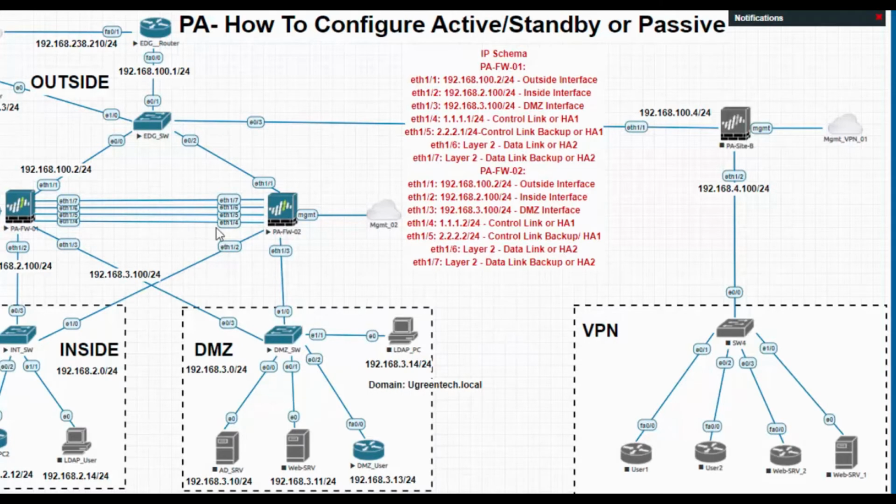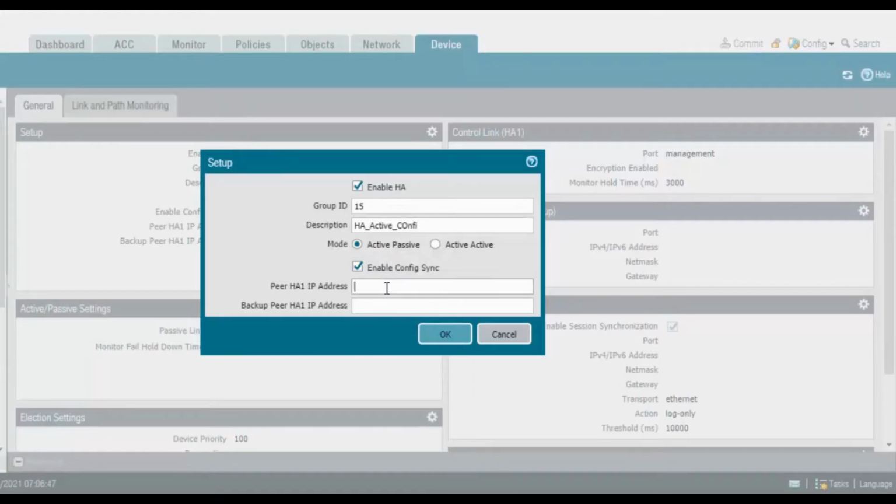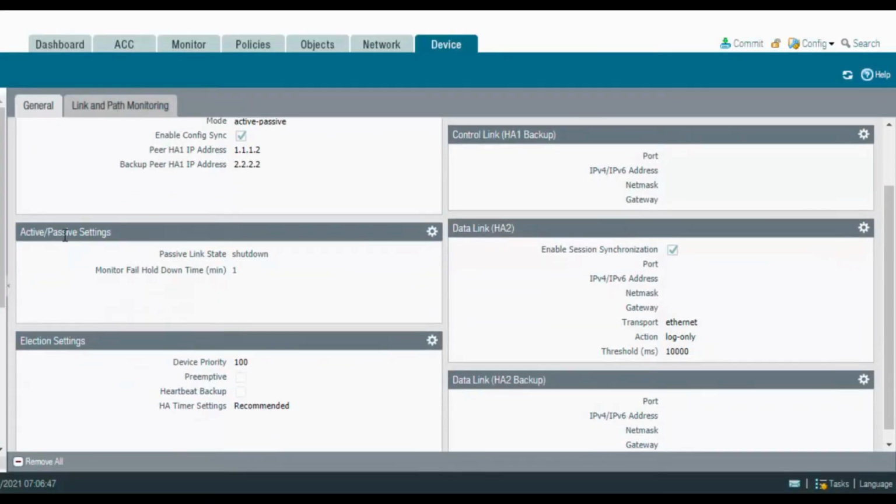In this case I have 1.1.1.1, that is 1/4 of firewall 2, that is 1.1.1.2, and 2.2.2.2 as the backup peer IP address. Okay, click on OK. And coming to the next one, active passive settings.